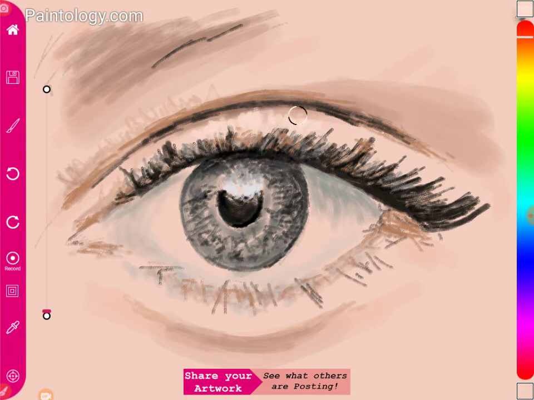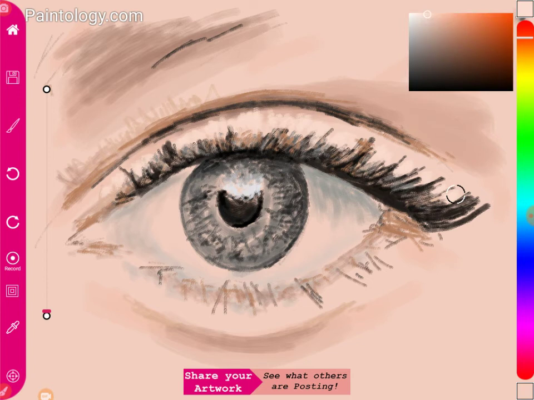Notice that because I've got the hardness so high up, I'm able to create that sort of background. And I would have done it earlier, but since I'm now doing the background on top of the image that I have, I've somewhat had to go around it. So again here,